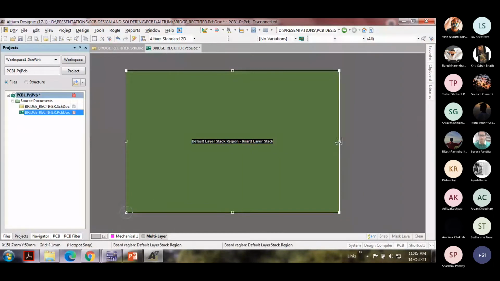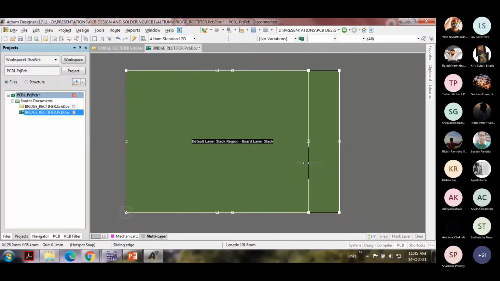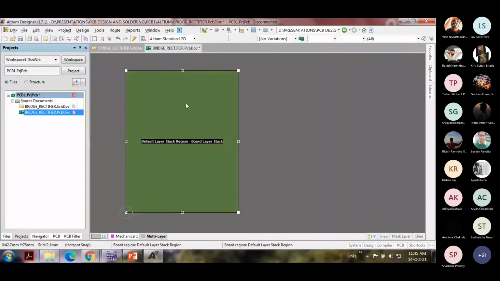You can just catch hold of those handles and change the size of the board. Just keep a watch on your X size there. So I'll make it about, let us say, 80 mm, roughly. Yes, 80.1. Similarly, I'm going to reduce this size also. Let us keep it as 60.